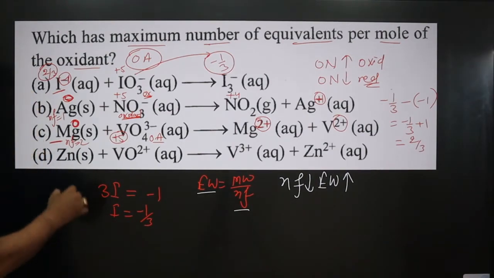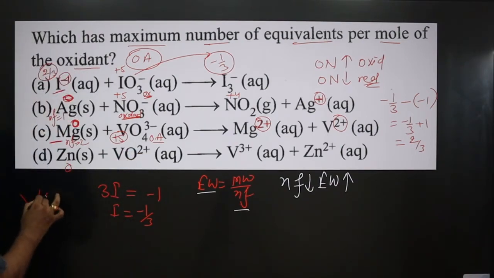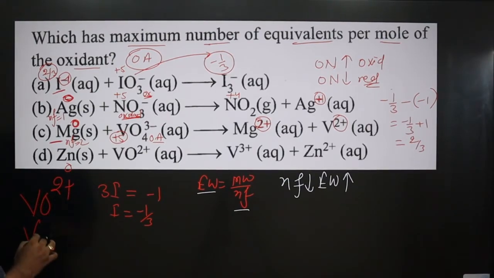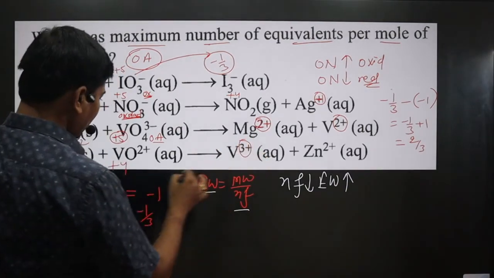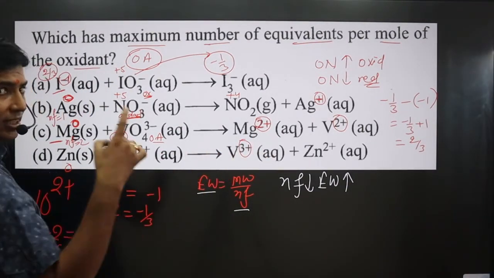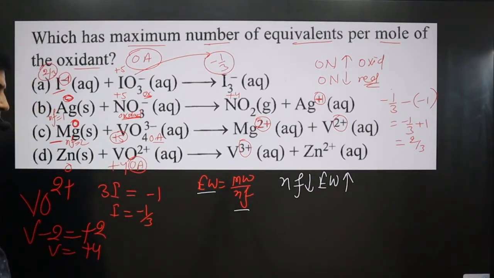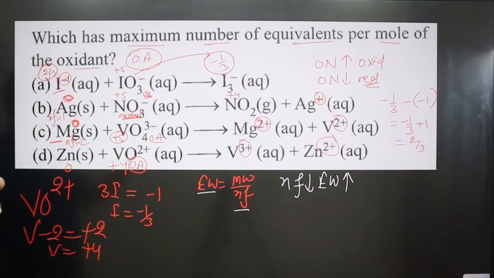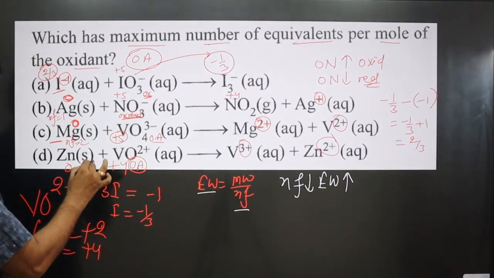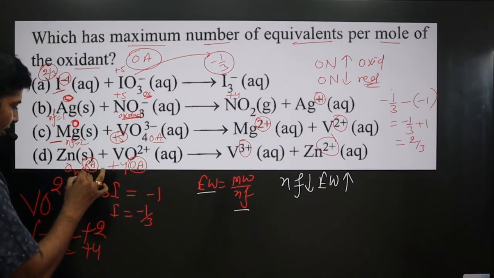Okay, interesting part. Next, 0 oxidation number and it is VO to power 2 plus, so V and minus 2 is equal to plus 2, so V is present in plus 4 oxidation number. Other side it is plus 3, so you can see decrease in oxidation number, plus 4 to plus 3. In case of vanadium, it is undergoing what? Reduction reaction, hence acting as oxidizing agent. Okay, in case of zinc, left side it is 0, other side it is plus 2. Increase in oxidation number is always oxidation, hence it is acting as a reducing agent. For this we can calculate the n factor value. 2 minus 0 is equal to 2 and the n factor value is 2.